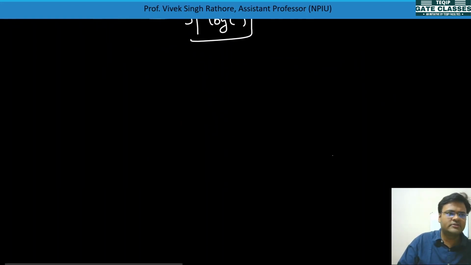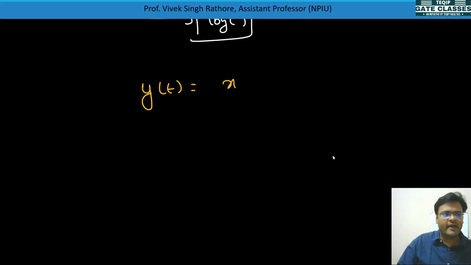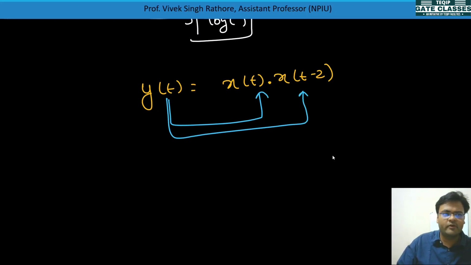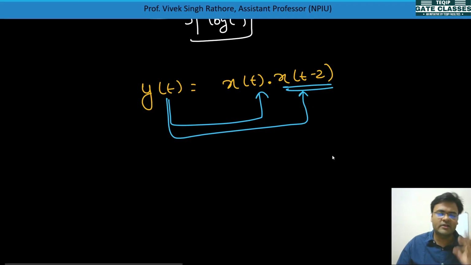But now we'll take some other example. y(t) = x(t) into x(t - 2). Now there is something here. y(t) is dependent upon x(t), no problem, but y(t) is dependent upon x(t - 2), which means it is dependent upon a past value. Wherever the system is dependent upon some past value or some future value,